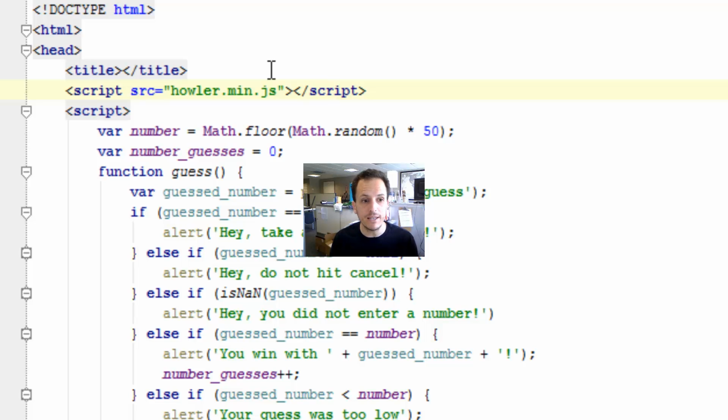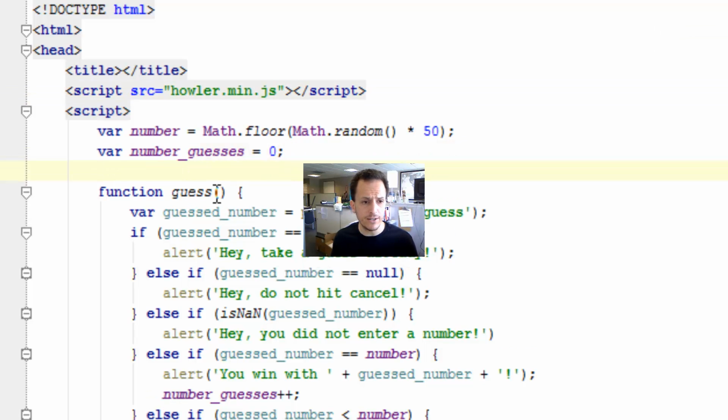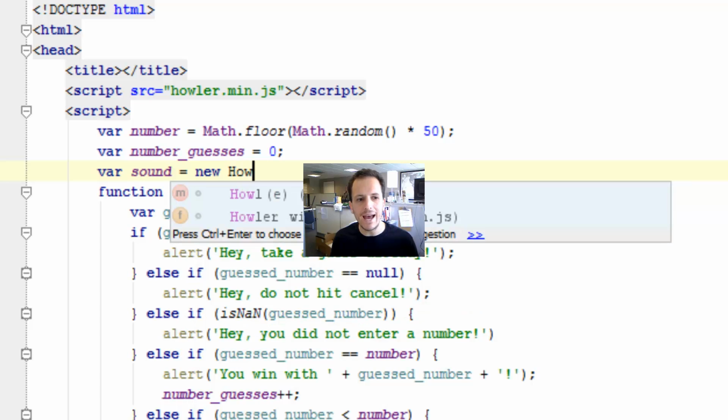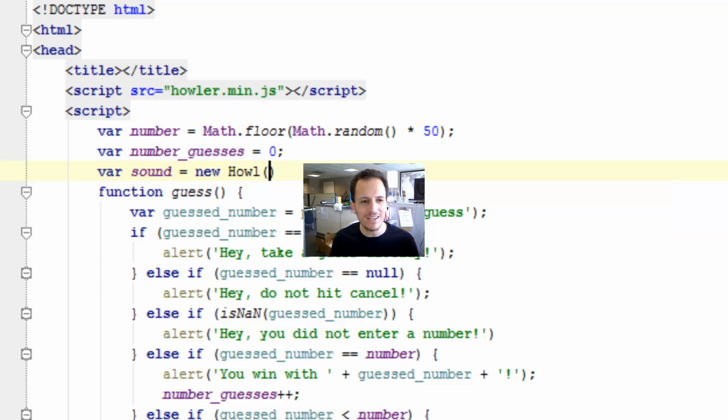Now it's time to actually play a sound. So there's two steps to that. First step is, before we enter our function guess, we're going to actually load up the sound. And so we're going to say var sound equals new Howl. You see, as I'm typing it, Google Chrome is updating. So we're going to say new Howl, and then we're going to enter a curly brace